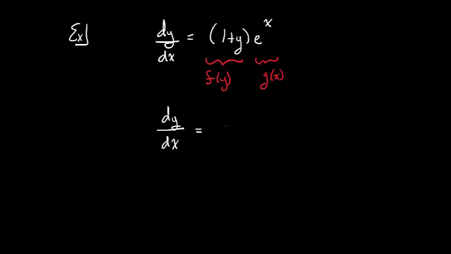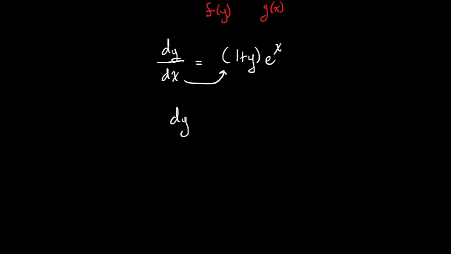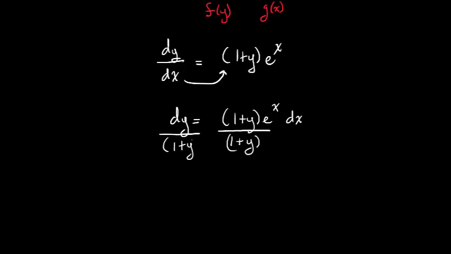The first thing that I want to do here is cross multiply my dx on both sides. So I'm going to have dy equals 1 plus y times e to the x, now times dx. I want to isolate my x's and dx's on one side, so I'm going to divide both sides by 1